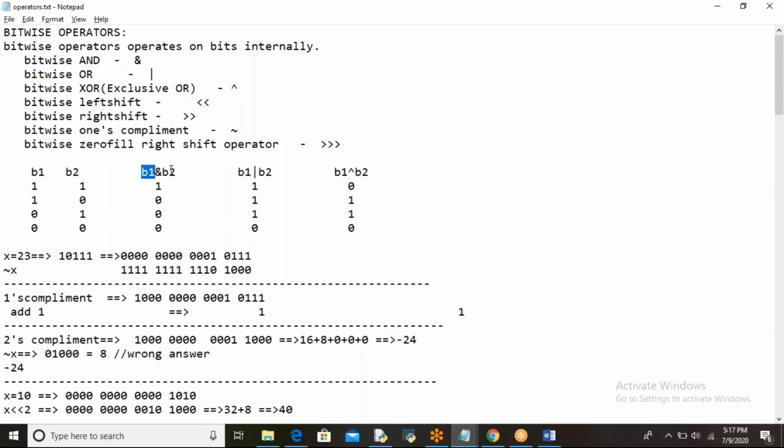Okay, so now, bitwise AND means when both are ones, it is 1. Otherwise, in any other case, it becomes 0. Bitwise OR means if any of the bits is 1, it returns 1. If both bits are 0, then only it returns 0. Bitwise XOR, or exclusive OR, means same bits give 0, and different bits give 1. Okay, fine. Let's explain bitwise AND, bitwise OR, and bitwise exclusive OR now.